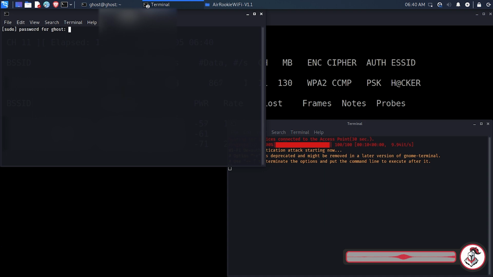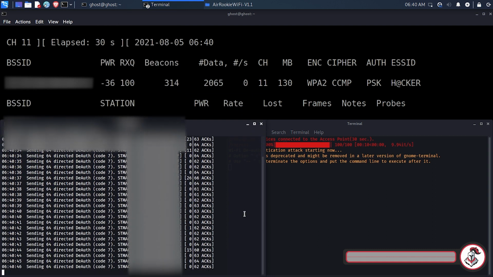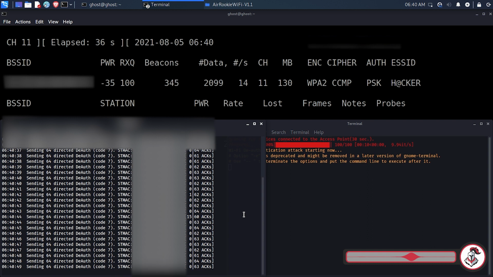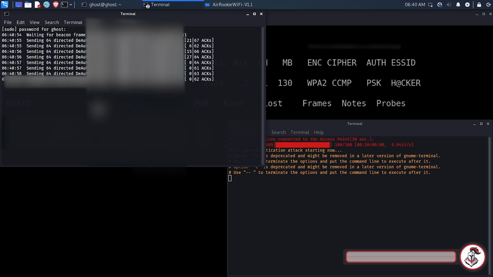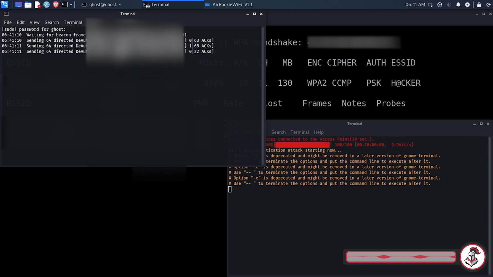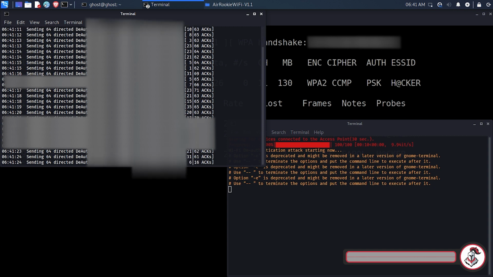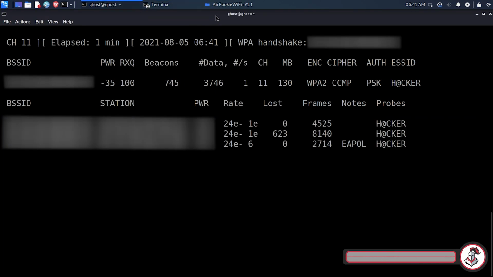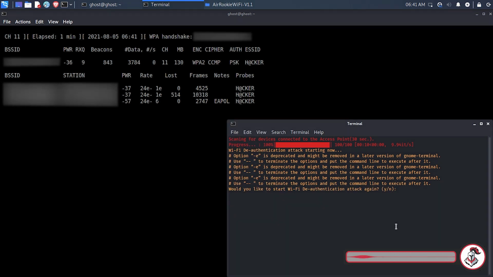Enter root privileges again to start the deauth process. Press Ctrl+C to stop the deauth process. As there are multiple devices connected to the access point, the script will deauth all the devices one by one. You can stop the deauth process by pressing Ctrl+C, or it will stop after 200 deauth requests on each connected device.